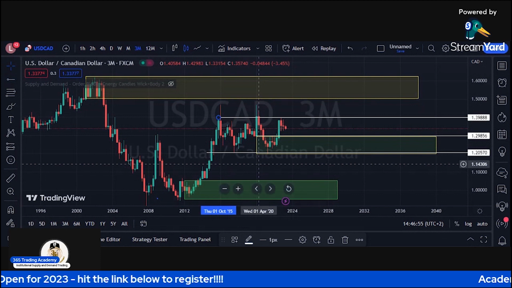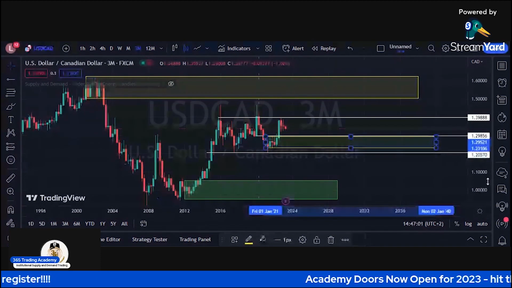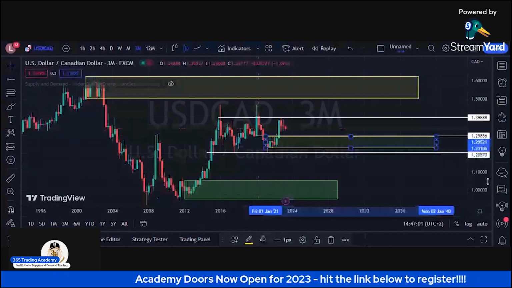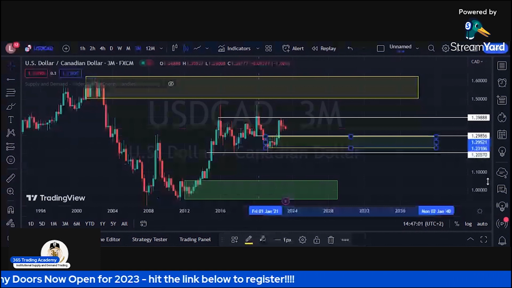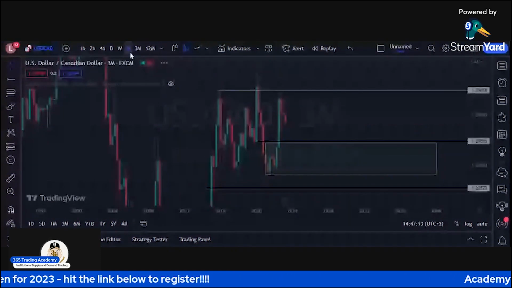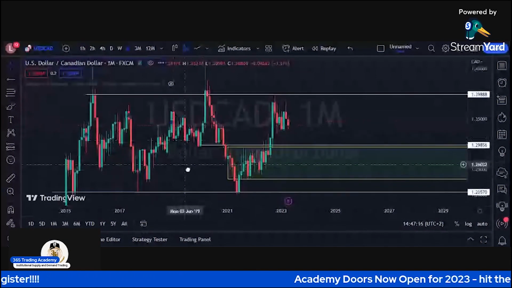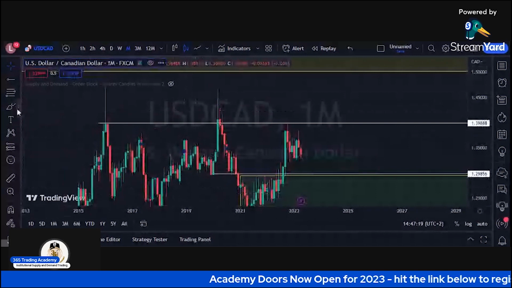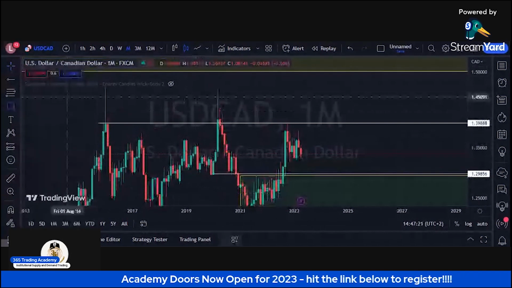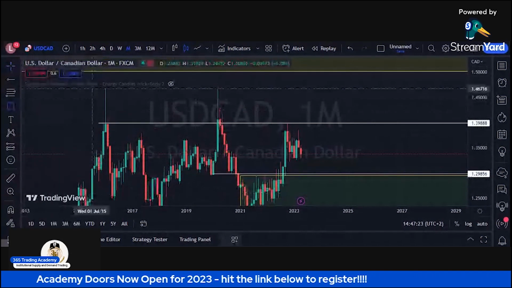But if I tighten this area of value from the 1 month, don't forget, this line is what we drew on the 1 year, 12-month chart. This is just mapping out the continuous consolidation zones on this price. I'm going to move to the governing time frame. And now I can start to draw some interesting supplies that are at play or have been at play for the longest of times.